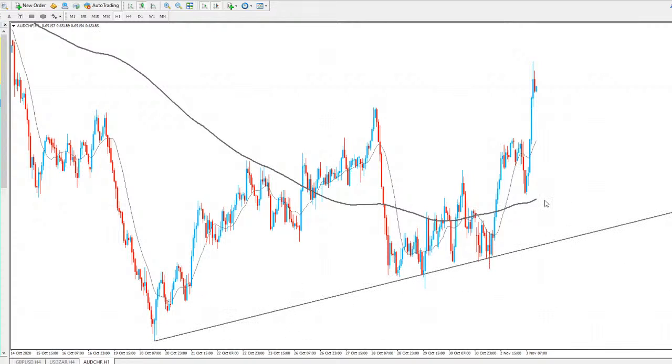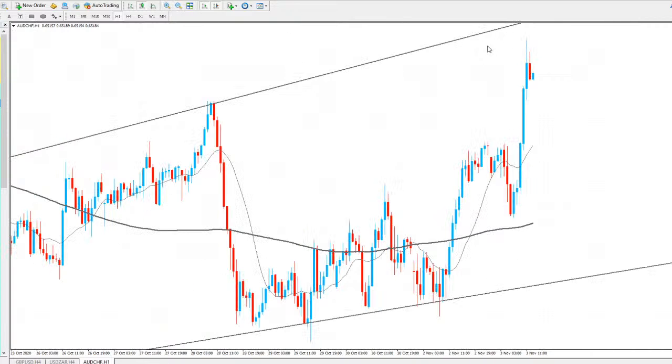We do have a little bit of a trend line going there through the market. And again, I'll connect the highs here. Again, you can see we do have a little bit of a trend line there as well. So yeah, it's not the clearest chart for me, ADCHF. We do have a little bit of a channel going on. As you can see, I've connected the highs and the lows. We didn't quite test the upper trend line there in the market.